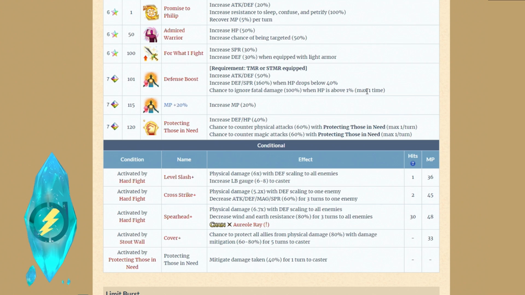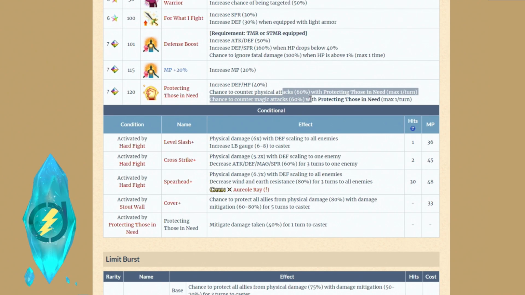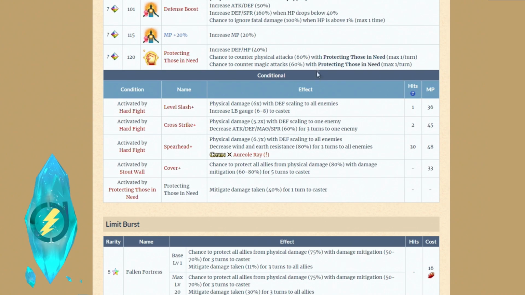100%, and if his HP is above 1%, which, God, I hope so, before he starts getting smacked, he's going to be fine. MP 20% up, and as we go down, he does have the 60% chance for both of them to do protecting those in need. So looking down at protecting those in need, gives himself a 40% damage mitigation for 1 turn. So it appears that most of the time, this is going to be proccing, all right? If he's drawing attacks or he's covering, this should be proccing max 1 turn,